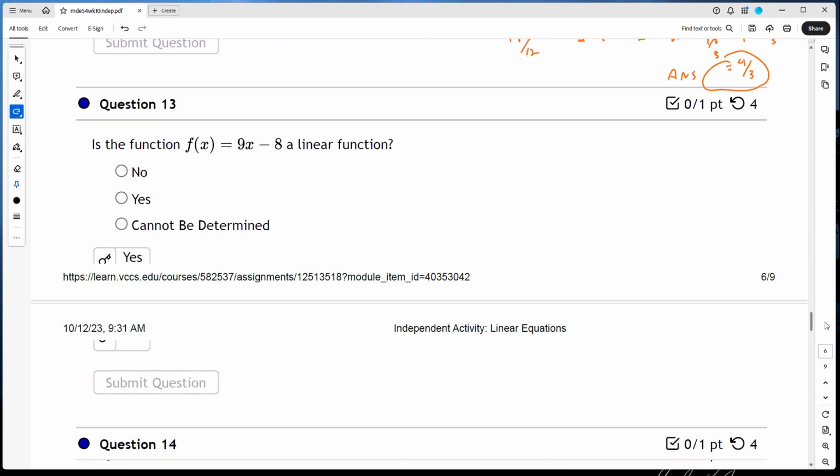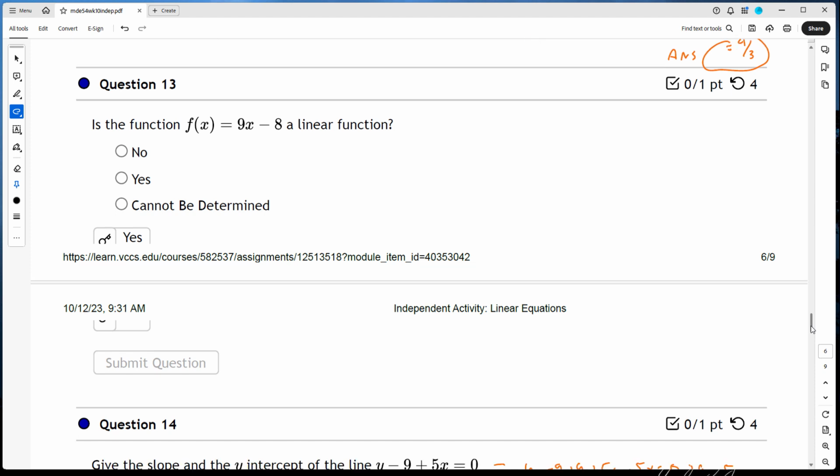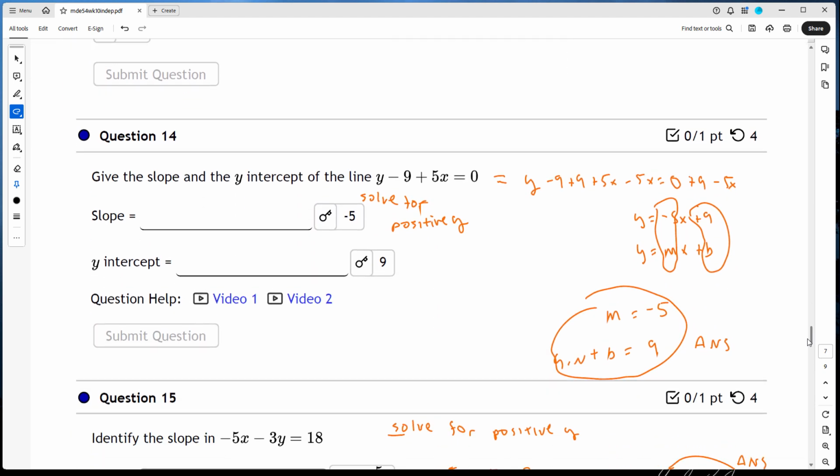Okay. Number 13, is this a linear function? Yes, it is. Notice the x term there is a 1, x to the first power. So that means for each 1x, there is 1y. It is a linear function. Number 14,